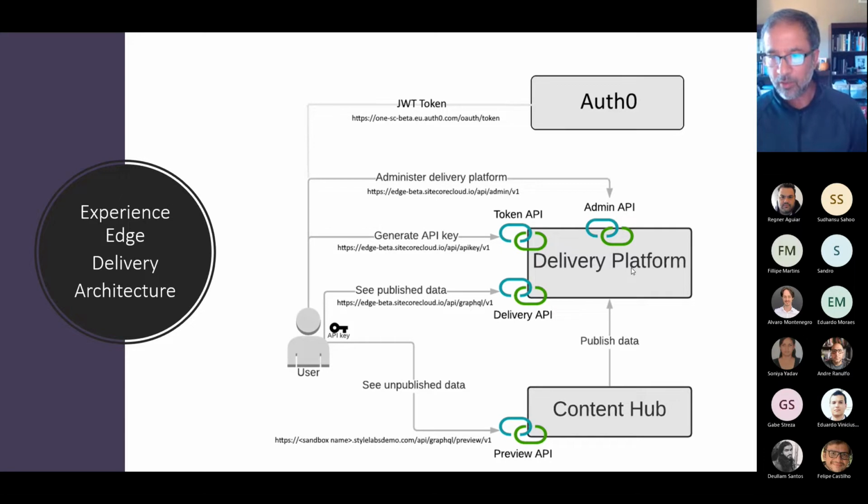This is where the data is coming from, and then Content Hub, which is actually the content management system. You see that the preview API is connected to the Content Hub, and basically we publish data from the Content Hub to the delivery system, and then you get data from the delivery system. So there are a few things that you can do